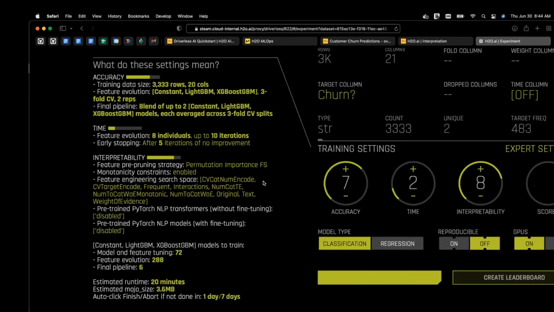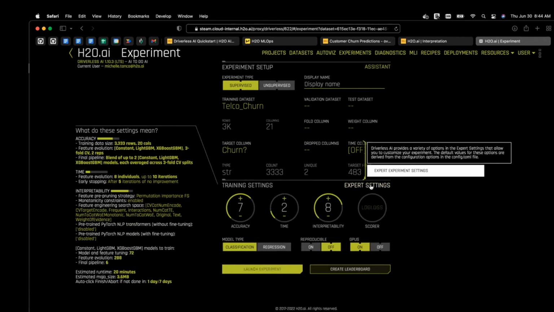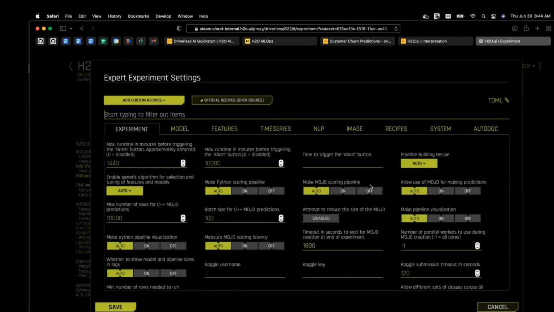We can also see the types of algorithms that are going to be used. In this case, it's going to try specifically like GBM and XGBoost. Now, maybe you're a data scientist, you like to be pretty hands-on and you have opinions on what algorithms should be used or what your learning rate for LightGBM is. For you, we have expert settings. So not every user is going to use or need these,